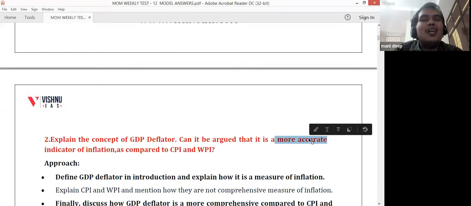But there are some issues also. The first issue is that the GDP deflator only has products that are produced within the country, not internationally. For example, petrol is very useful, the prime engine for the growth of India, but in the GDP deflator, petrol will not be there because petrol is mostly imported and GDP contains only domestically produced goods. We may have value-added petrol from refineries, but not crude petrol.